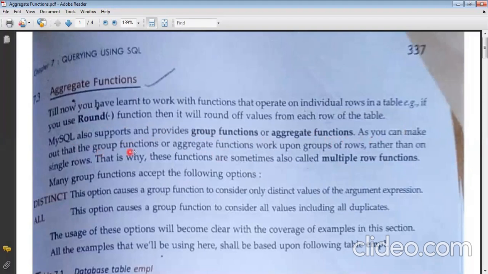As you can make out, group functions or aggregate functions work upon groups of rows rather than on single rows. Suppose if we take an example of minimum. So minimum, if you talk about, you can see that in